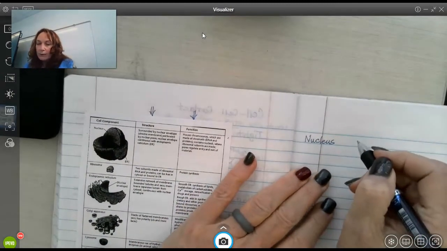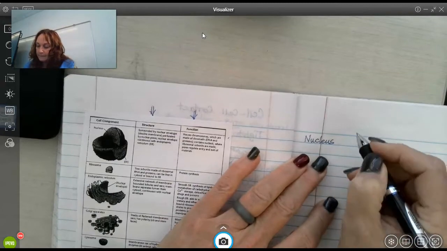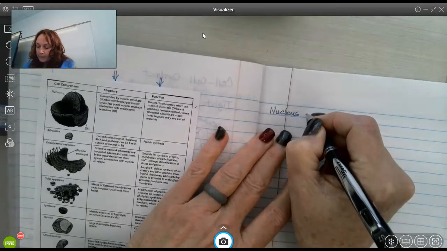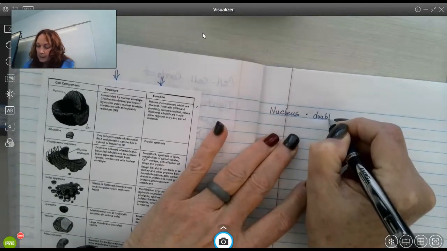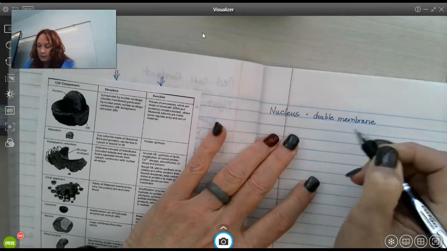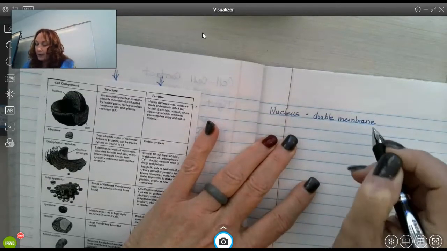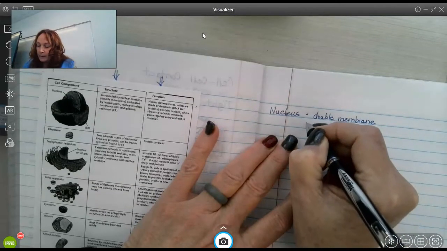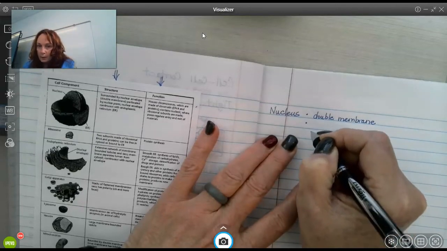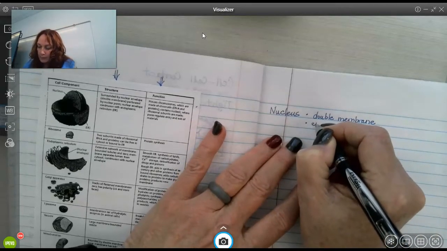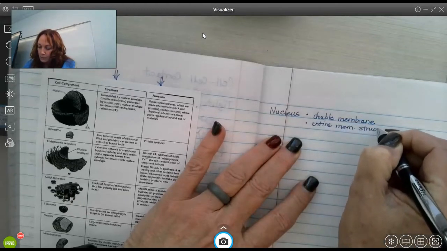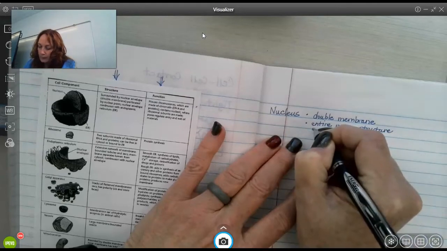So I'm going to move over here what's the important part about that. So when it comes to structure, I want to remember these things. That the nucleus has a double membrane. We're going to talk about that in just a second when we get to mitochondria and chloroplasts. But it's a double membrane. It's going to have the whole membrane structure of the cell associated with it. So I'm going to write that. An entire membrane structure of the cell